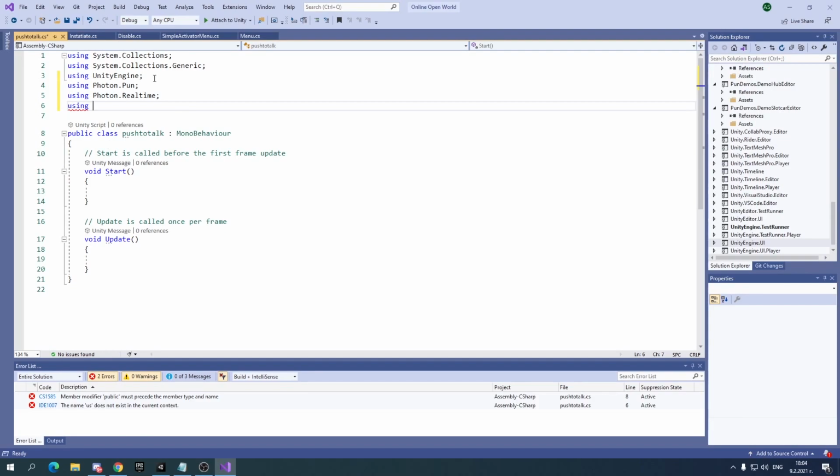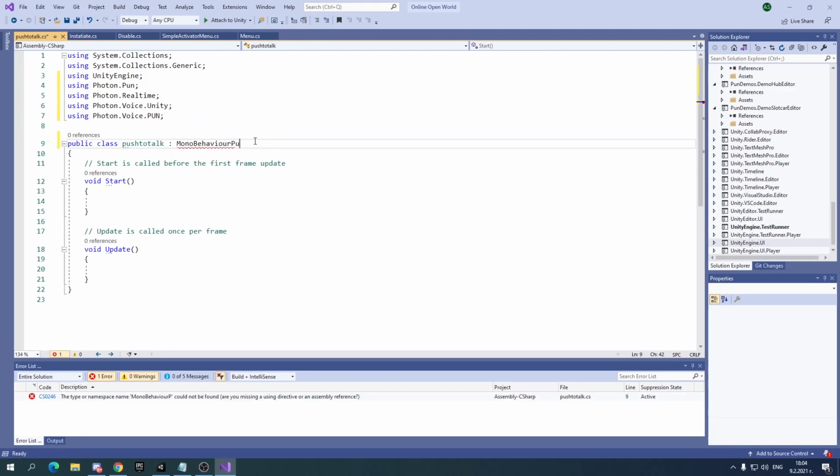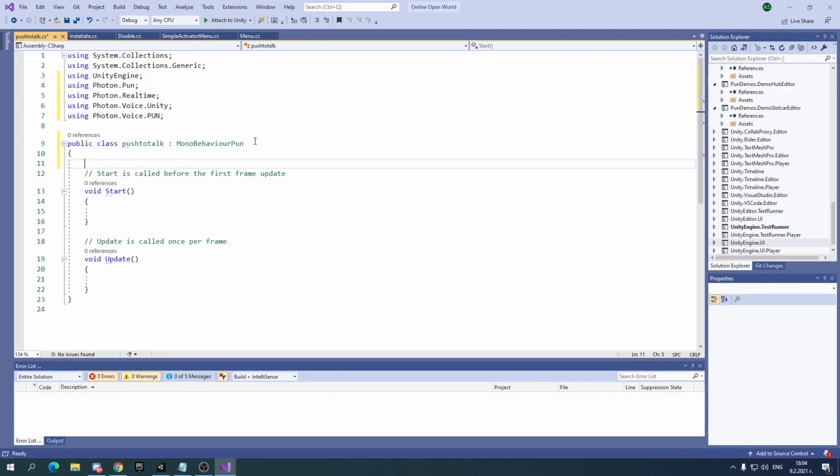After that, use Photon.Voice.Unity, and then lastly use Photon.Voice.PUN. Then let's change MonoBehaviour to MonoBehaviourPun, and here let's say